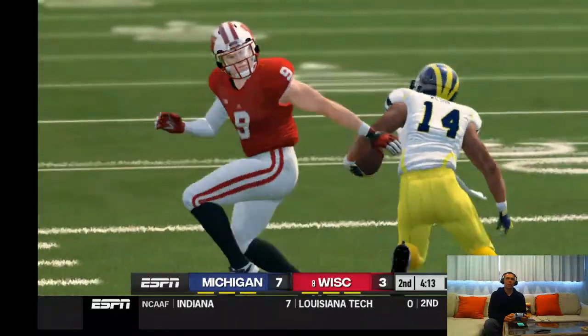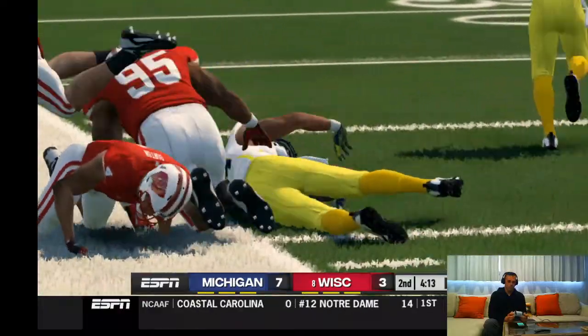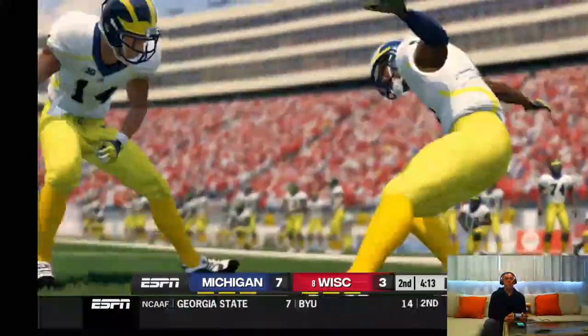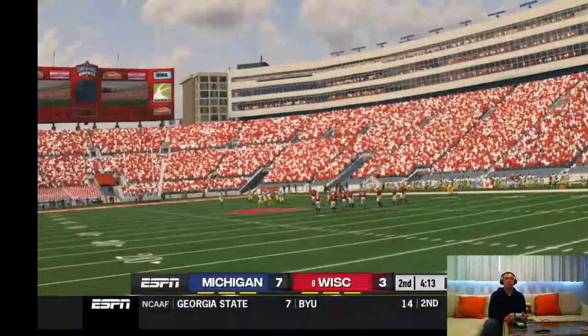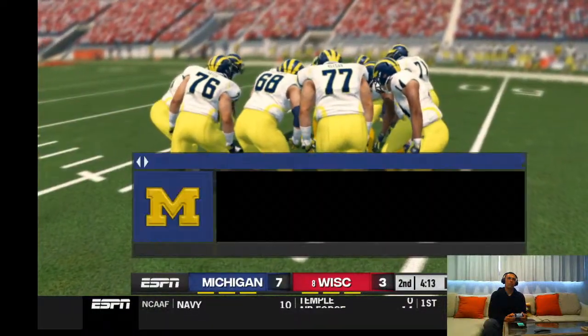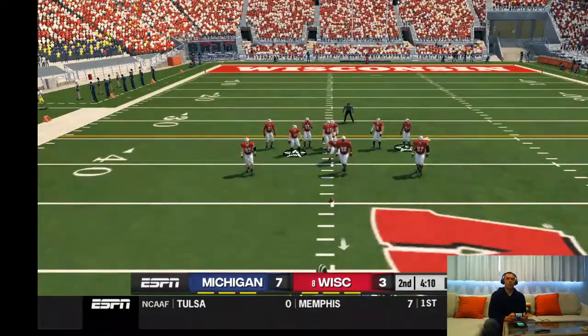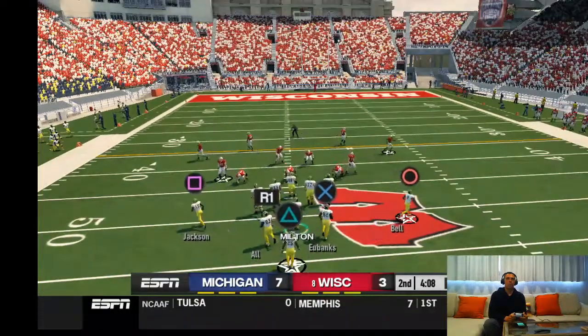Look at this cut here. And the big pickup through the air has made it 1st and 10.